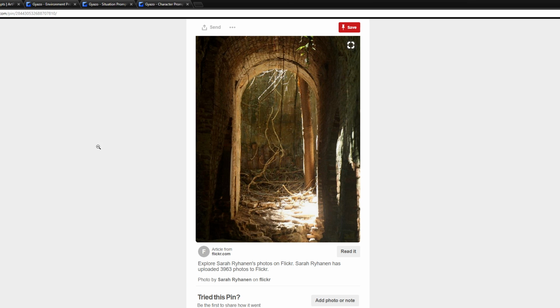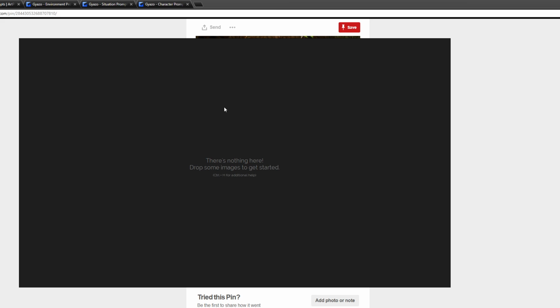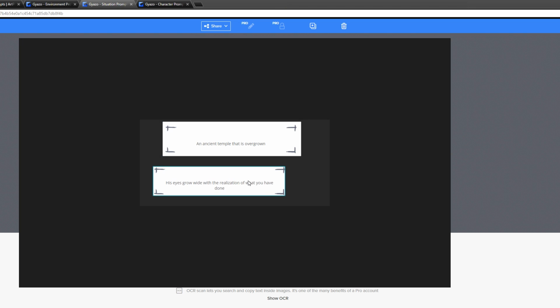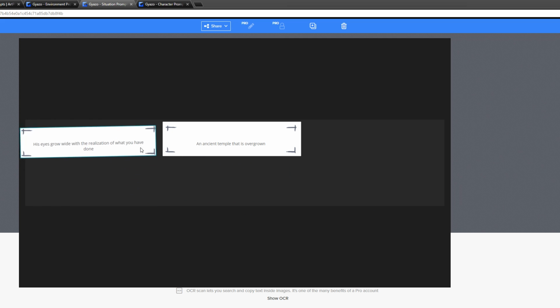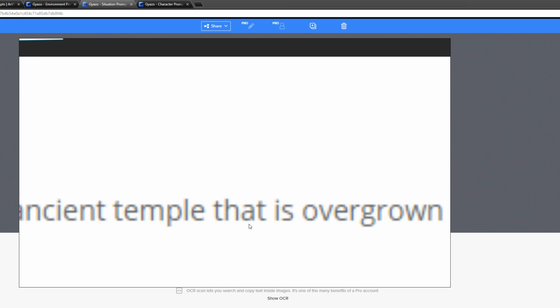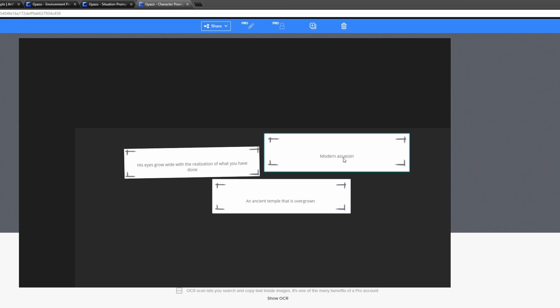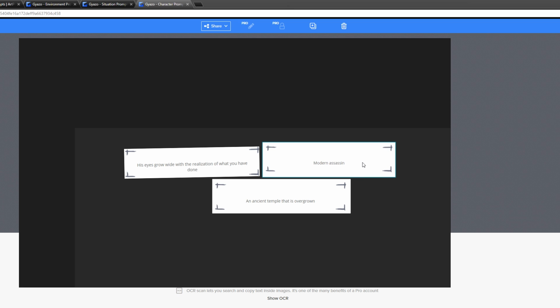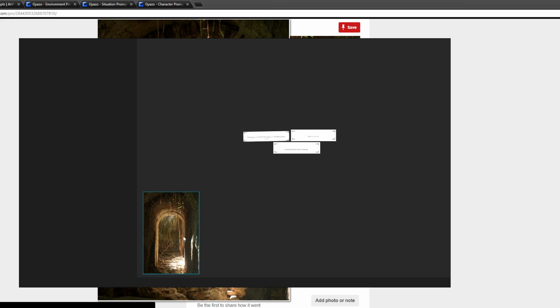Now, there's this great free tool. I'm doing a lot of promotion of things today. There's this great free tool called PureRef, which I use all the time. It's basically like an endless board, like an endless canvas that you can place all your images on and move them around as you like, or resize them or rotate them, and you will never run out of space, and you can zoom in and zoom out. If you have two monitors at your disposal, this is really good to have open on your second monitor while you work. You can just separate the things, put them into different sections and stuff.